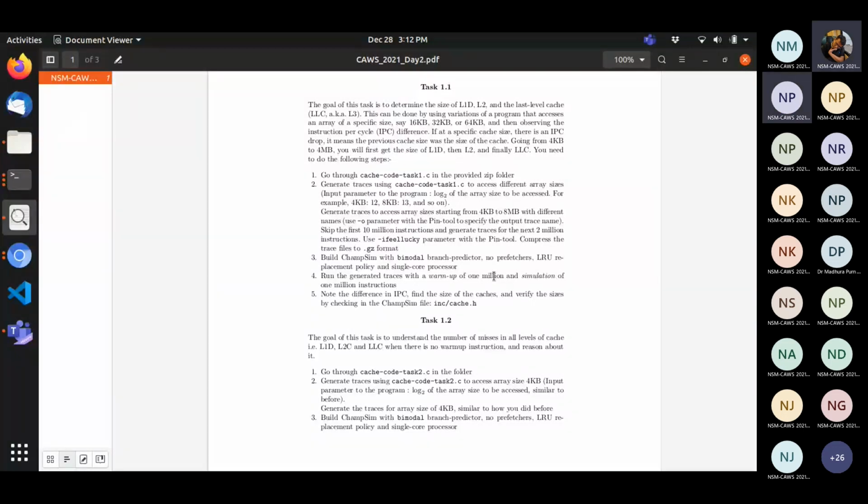If you provide traces for all, that's not the semantic for the simulator. The simulator takes only one trace file and runs in single core format. It assumes that there is a single processor executing the instructions provided by this trace file. Okay, sir, so one at a time.